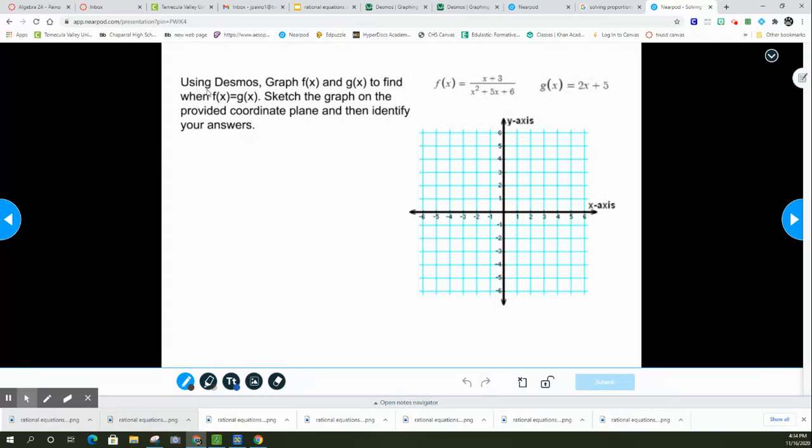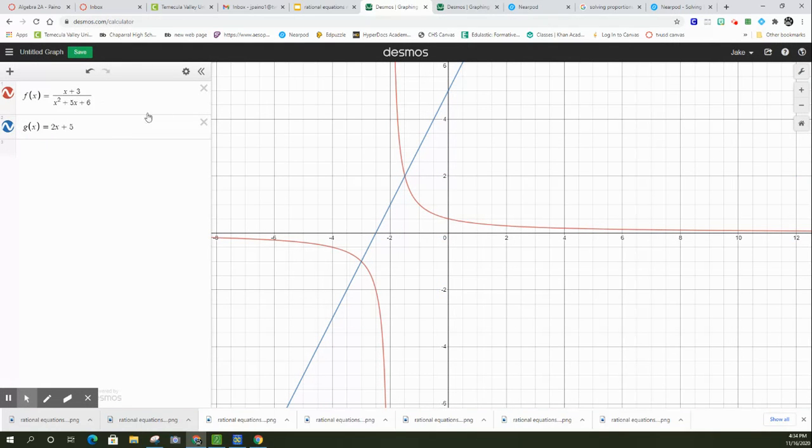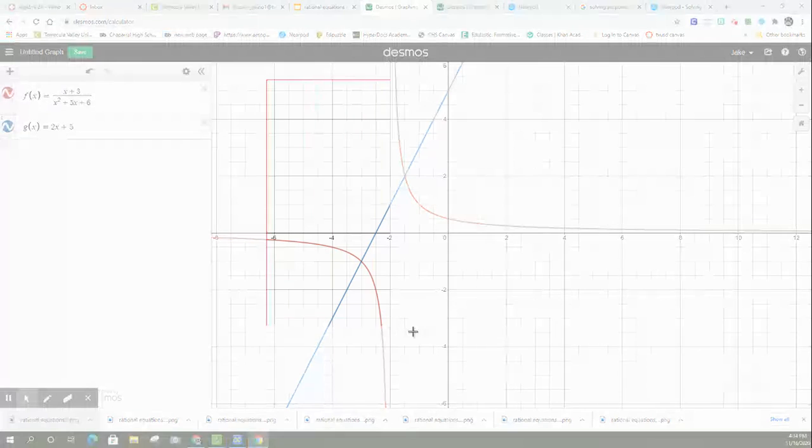Okay, so now it says use Desmos to solve this. If I come over to my Desmos here, I've already pre-typed it in, and now it's equaling 2x plus 5. All right, so here's my graph. If I grab a little shot of this,